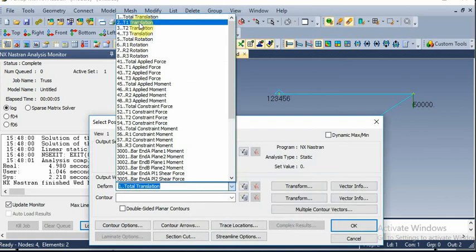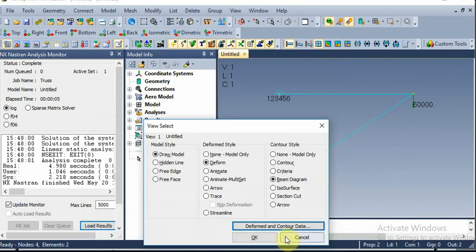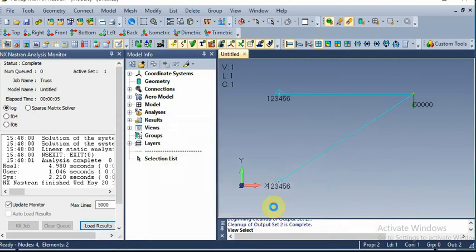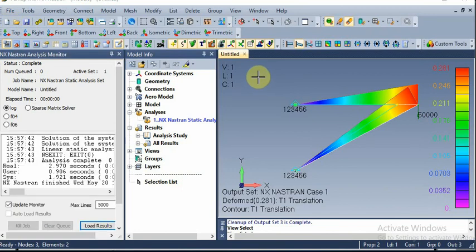First one is T1 translation, that is x direction displacement, and for contour also select the same, T1, and click OK, and here also click OK. So you'll get the contour. This is the T1 translation contour.